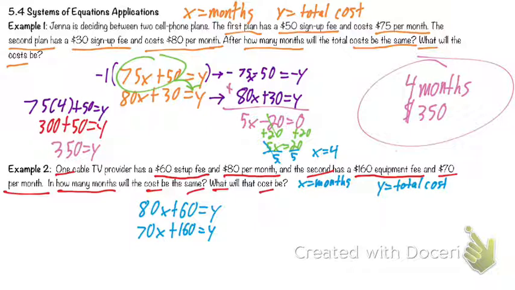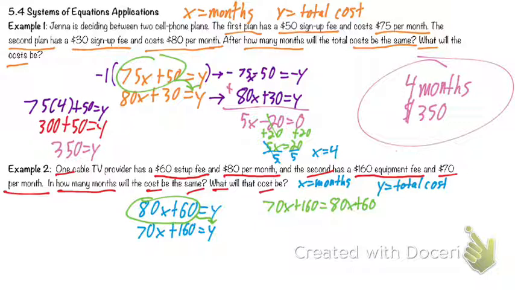Alrighty. So for substitution, we say, hey, all of this 80x plus 60, that's equal to y. It's the same thing as y. So it's going to get plugged in for the y. It's going to replace y. So I'm going to rewrite that bottom equation, 70x plus 160 is equal to y. But instead of y, I'm going to plug in the 80x plus 60. Now I have this new equation, and this looks like